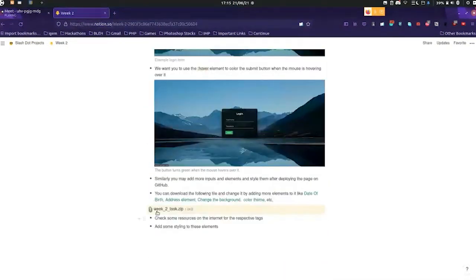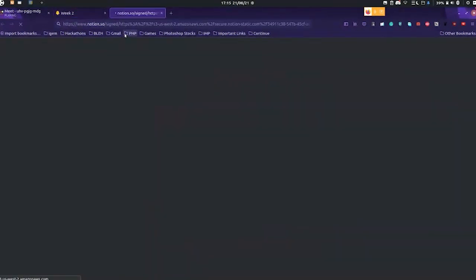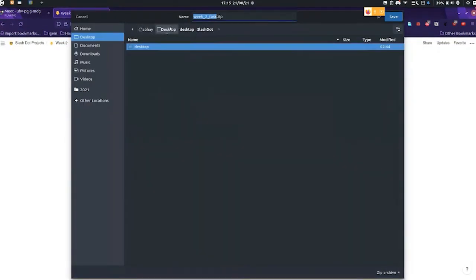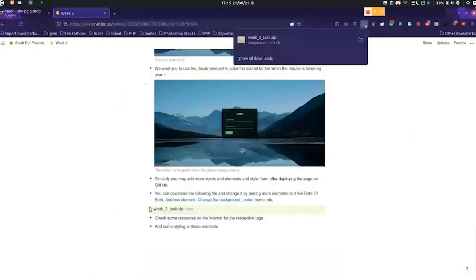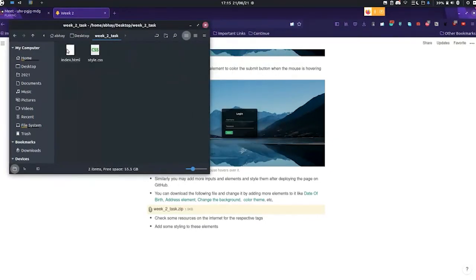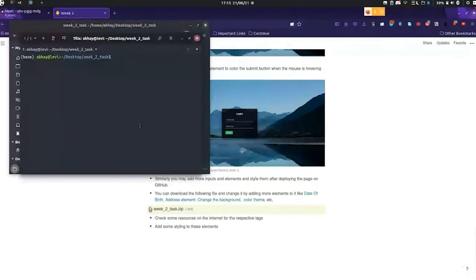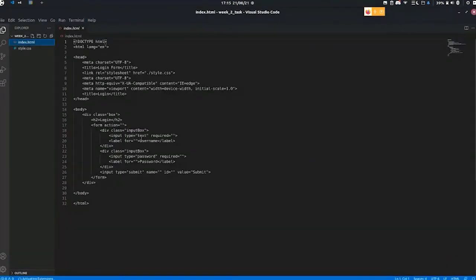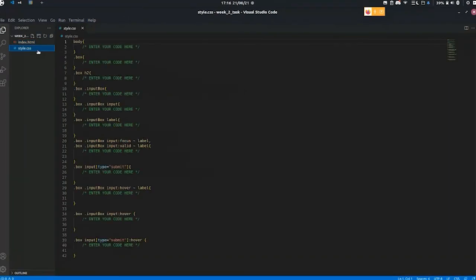So if you click over here, week 2 task, it will download it and save it on the desktop. Yeah, I'll extract it here. So I'll open it in VS Code. Okay, so we have already provided you the index.html file. Okay, and nothing is written in the CSS. So after you have gone through those videos, you edit these specific elements.